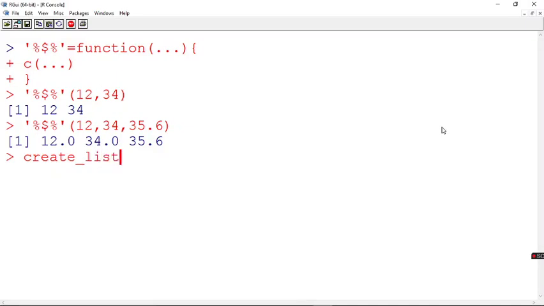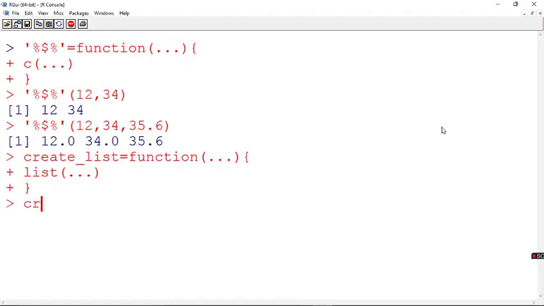I want to create a list, and I give function of, and this ellipsis. Create underscore list is a user defined function, not an infix function. I am going to create a list, and I have not given the arguments there, I have just given this ellipsis.